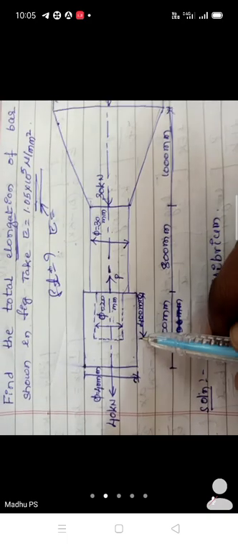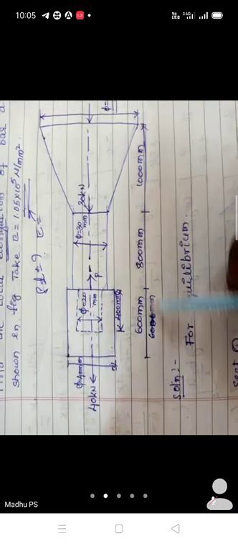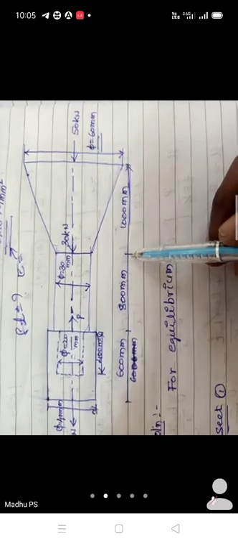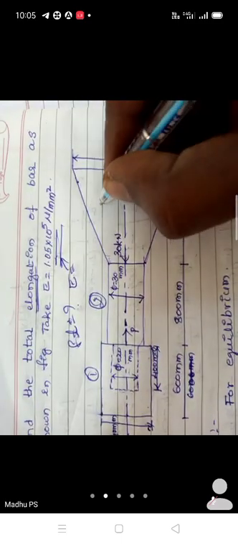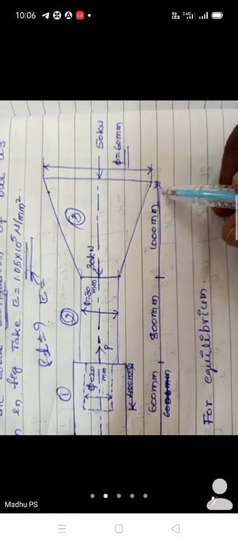Carefully observe that. And again, what is the length of the bore or drill? It is 400 mm. The length of this one is 600 mm. Here it is given. And the length of this one is 800 mm. I will take this one as the first section, this is the second section, and this one as the third section. The length of the third section is 1000 mm. Okay, let's go through the problem.